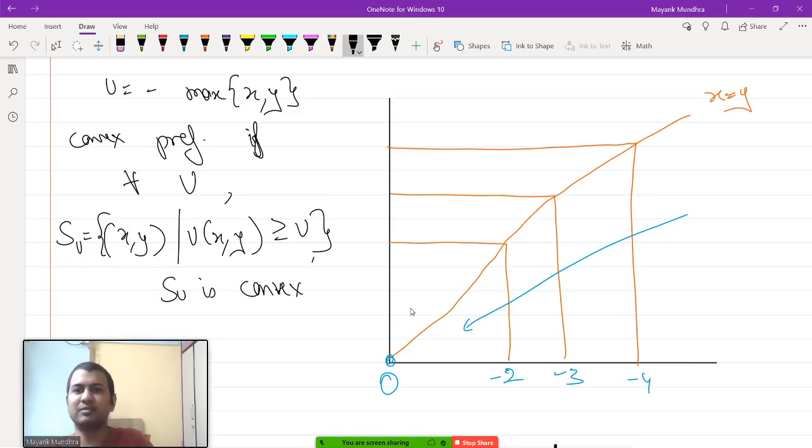What this basically means is start with any utility level and highlight the set which contains all the points which are weakly dominant to the utility level u,